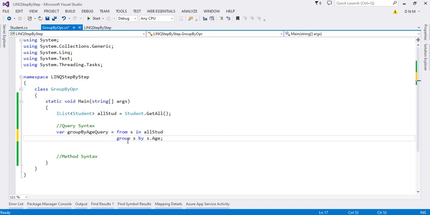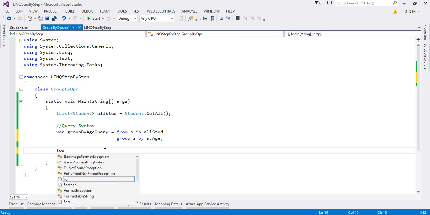Now I want to print the result. My result is definitely not a single list, not a single collection. It is a collection within a collection, meaning the first collection will be of type age and under that age there will be student records present. So how do we have to print it?